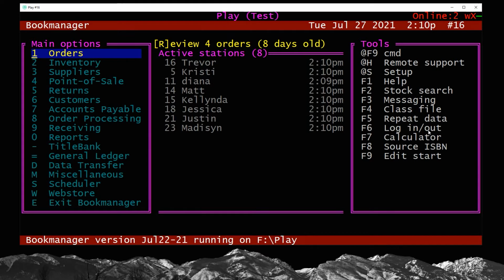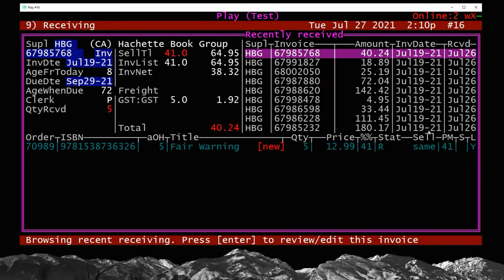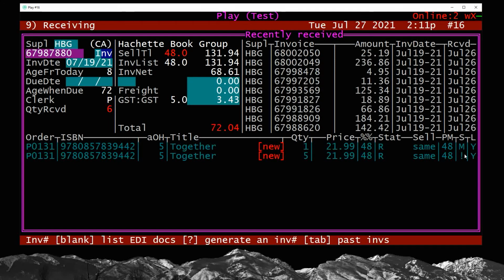To check if you're unsure if you are posting helds, creating helds from special orders, you can go to any station that you do receiving on, and this is a station specific setting, meaning that you're going to have to check all the stations that you normally do receiving on because it can differ from station to station. But you'll want to go into receiving on one of these stations and look up any invoice that has a special order. So I'm just going to arrow through here and I see that this invoice here has some special orders on it. So I'm just going to load it, get into it,